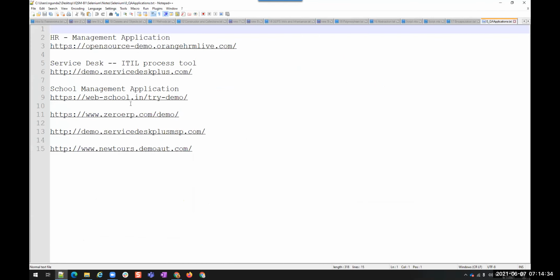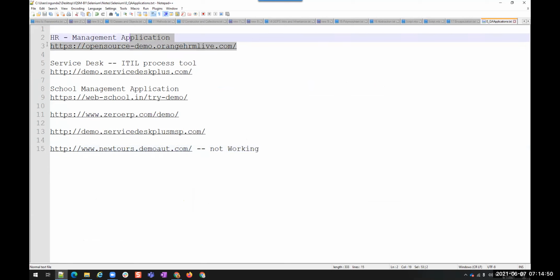So these are the different other applications. This one is not working for now. Okay, and then this is the one that we have seen now.